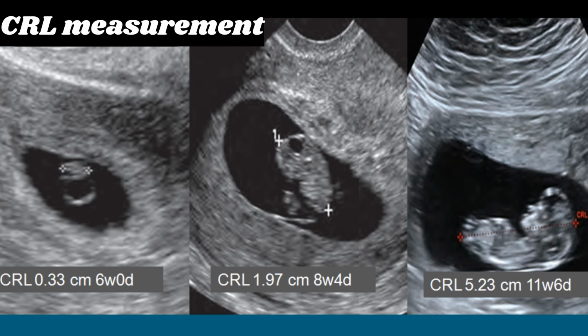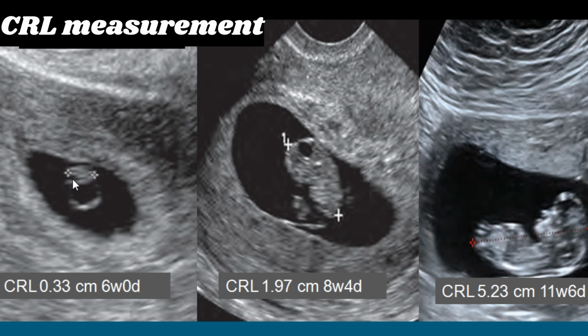The mean sac diameter is not as accurate as the CRL in estimating the gestational age. Once the embryo is seen, the CRL should be used with the mean sac diameter in this assessment. The CRL is measured along the long axis of the embryo from top of the head to the bottom of the body, and this is the measurement of the CRL. Images of the embryos at the various stages of the first trimester show the appropriate scan plane and the caliper placement for measuring the CRL.